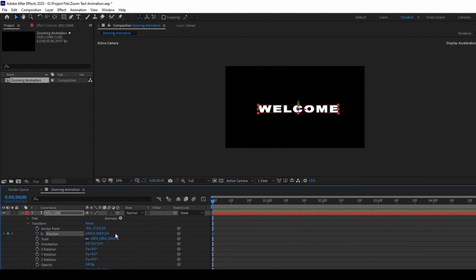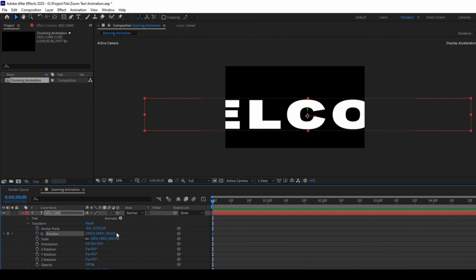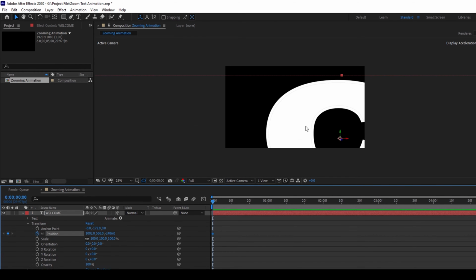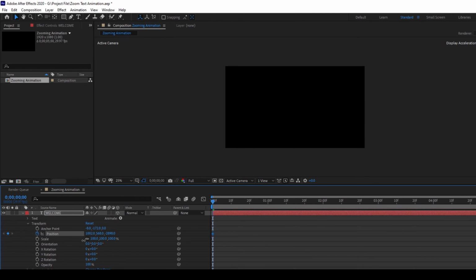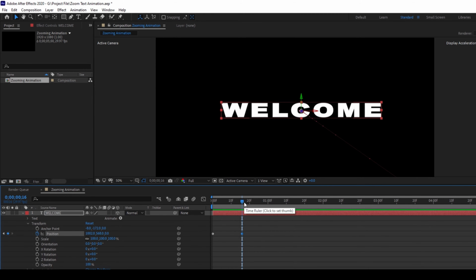Okay, and now change the z-axis value of the position parameter in such a way that you increase it to negative 3000 or negative 4000 so that it moves outside our view. This is fine, and I'll move forward and set the position value back to 0. Okay, and now move forward and click the diamond button here so that a keyframe is created for the same